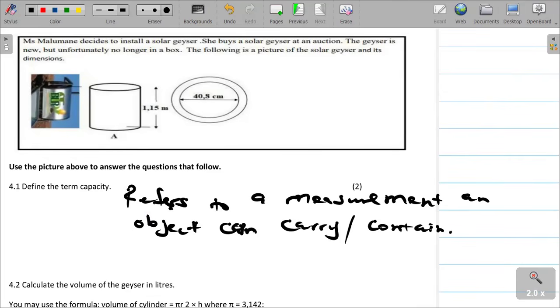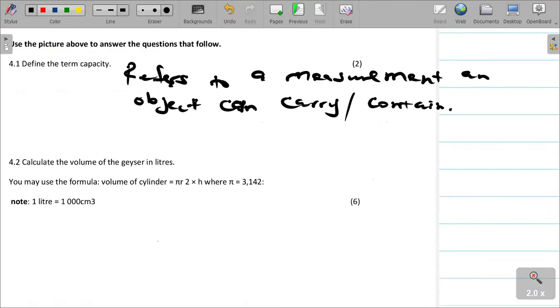How much an object can contain or carry is capacity. And then we saw it again. The last question is saying,